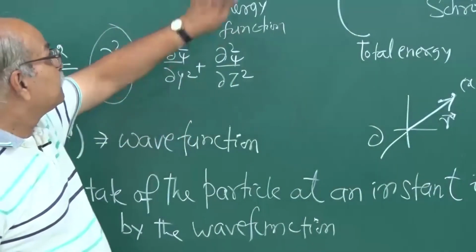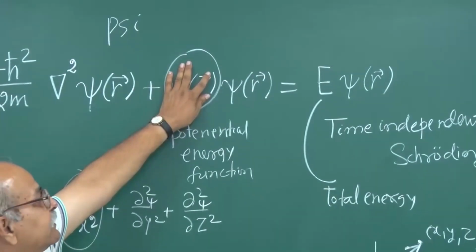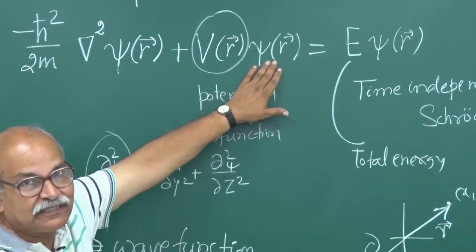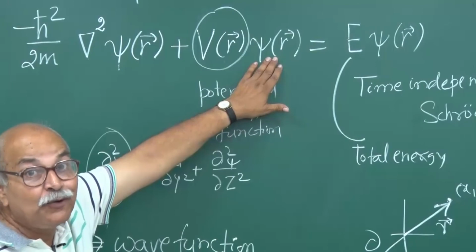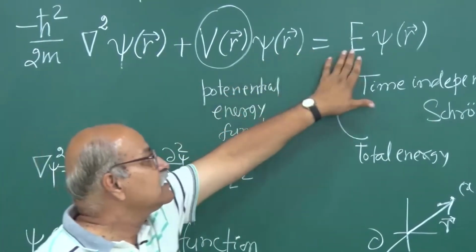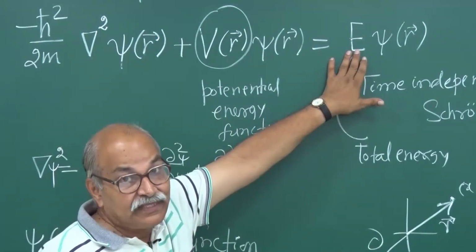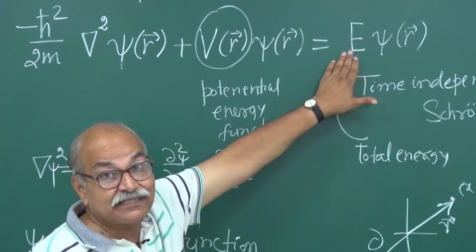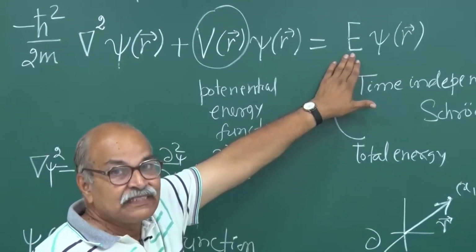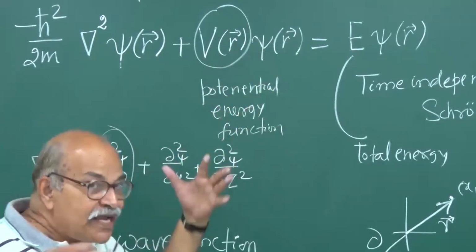But if this potential energy function is given to me, then this psi is something which I have to discover from this equation. I have to find this from this equation. So it's a kind of unknown function, not unknown variable. It's an unknown function, and this energy is not known to me. This is an unknown function, unknown value. This has a value. This energy is a value. It is just a number. It's not a function of x, y, z, etc. It's a number. So this E and this psi, I have to find E and psi